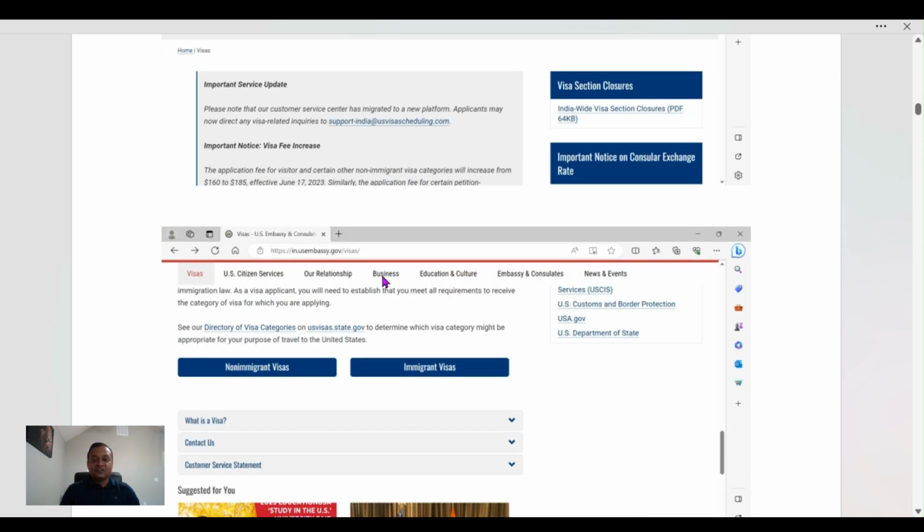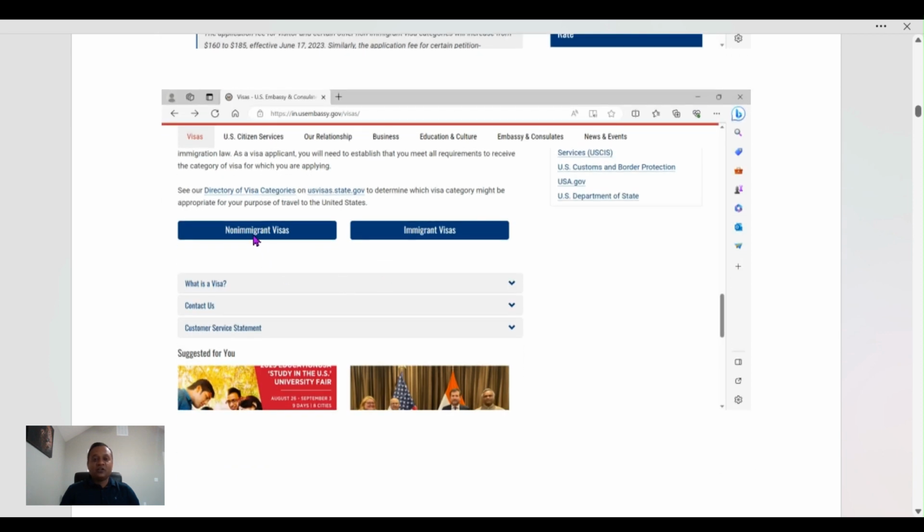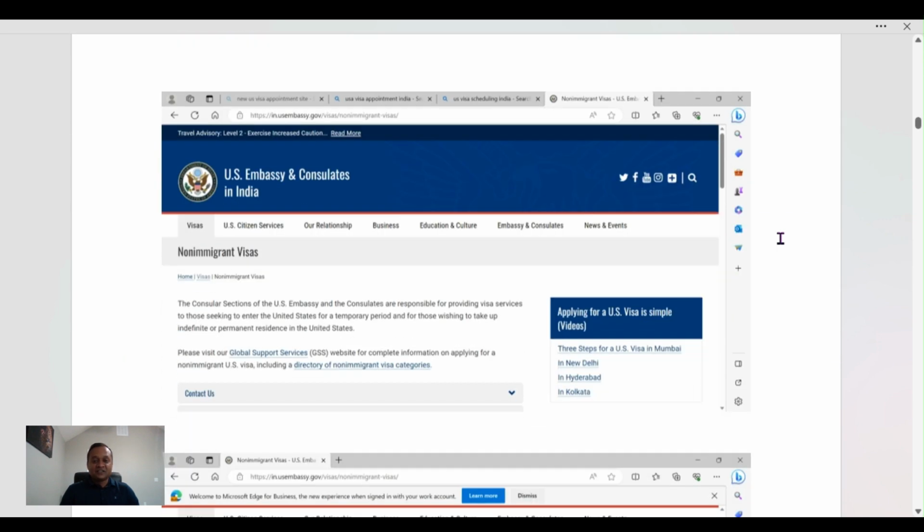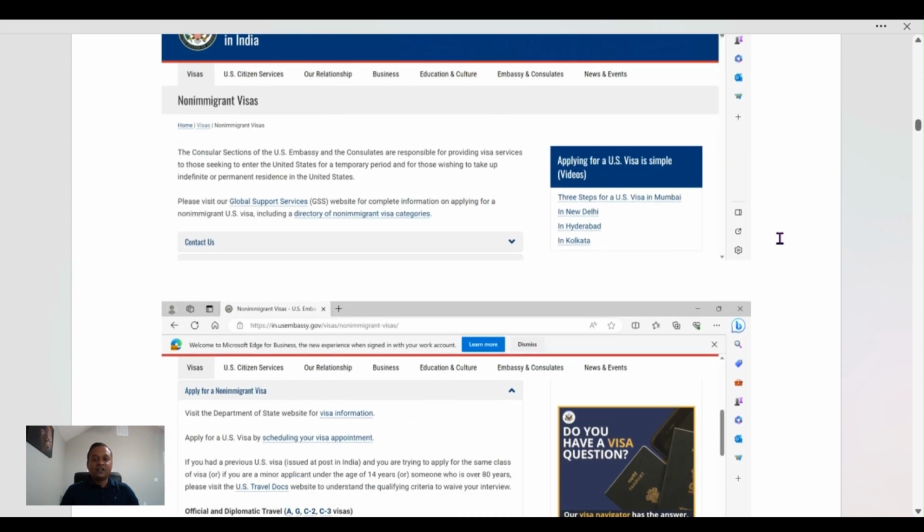There, if you scroll down, click on non-immigrant visas, because most of the visas related to the student visa, visitor visa, which is B visas, student visa is F visas, work visas are H, and all of those visas are non-immigrant visas. So if you need more information about those, click on non-immigrant visas, and then the system will take you to the new screen,